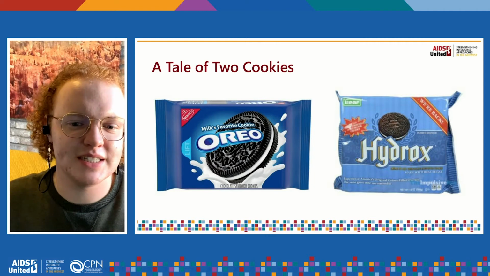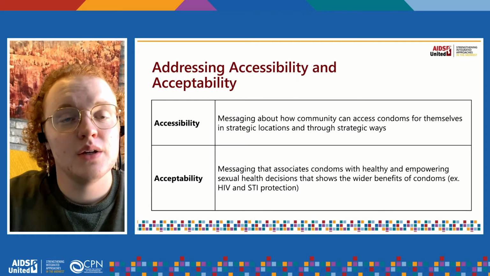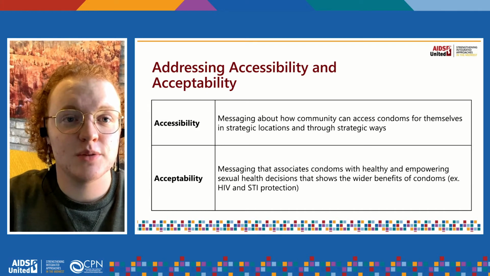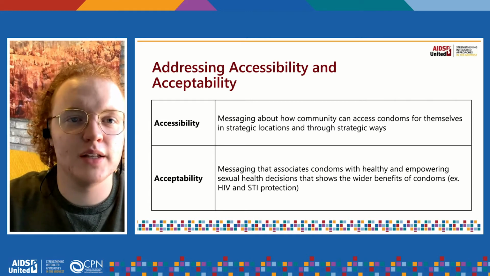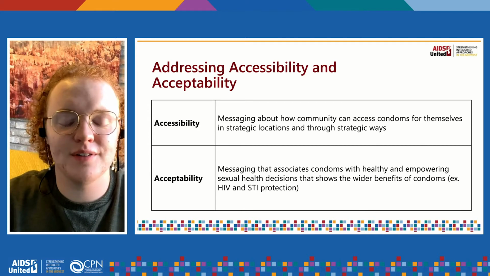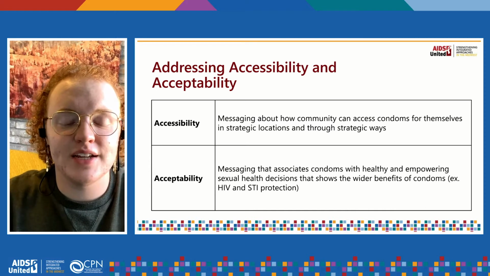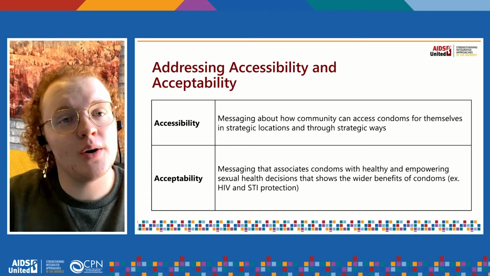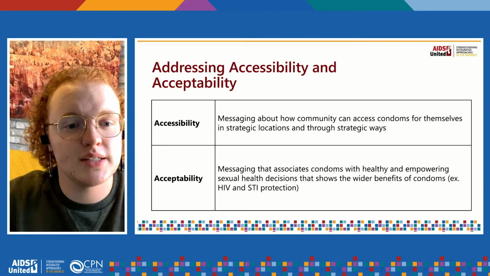So we're going to skip on over to the next slide and talk about this as it applies to condom distribution. As we've talked about, condom distribution and promotion is specifically supposed to address accessibility and acceptability. By this point, we should already have availability down. You don't want to be doing promotion if you don't have condoms that are available. At this point, you already have them in strategic places, you know where to direct people, and there are ways to get condoms in the community. What you're doing now is intended to raise awareness and acceptability of these resources for the communities that need them.